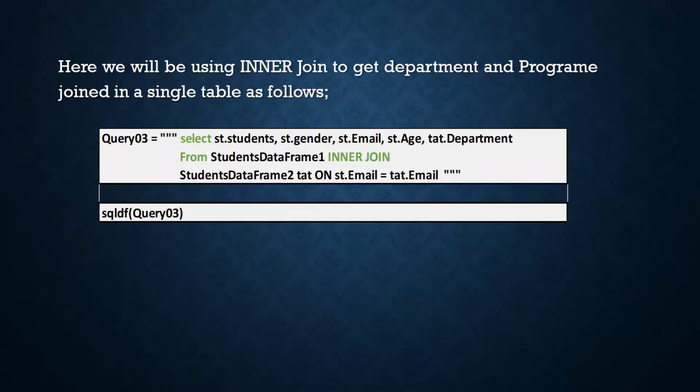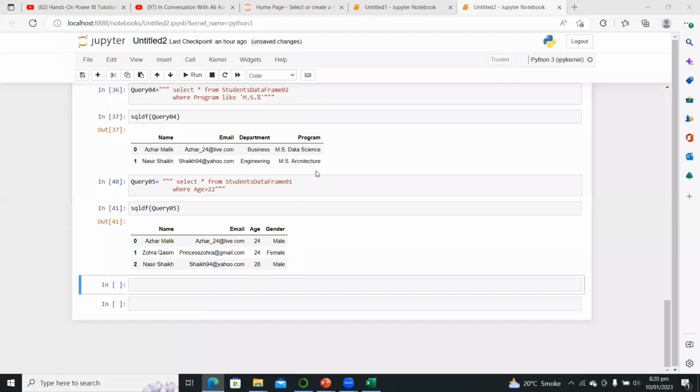So we will write our query as select st dot the name of the column, tat dot the name of the column from the other data frame. St and tat are basically aliases which are used to compare the data frames from which we want to extract the common or matching figures. We can define the query to perform inner join on both the data frames. Let's say it's query number 6